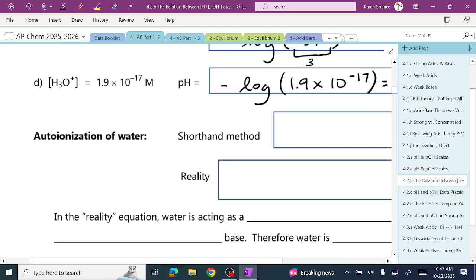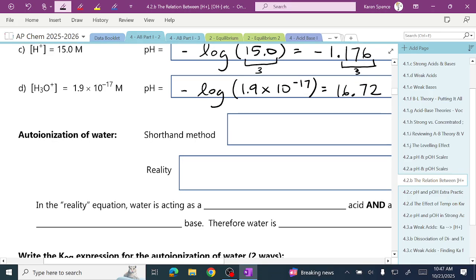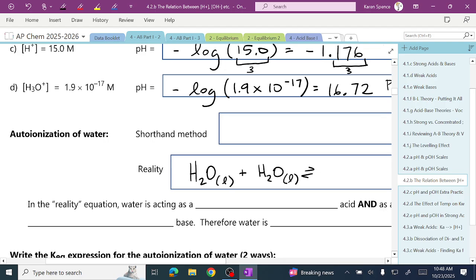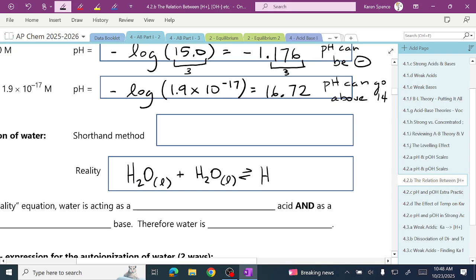Now, autoionization of water. The reality, we just wrote that down, is H2O plus H2O, and we get H3O plus and OH minus, aqueous and aqueous. Now, shorthand,